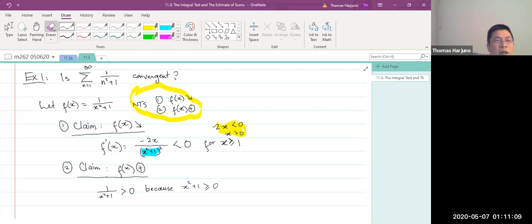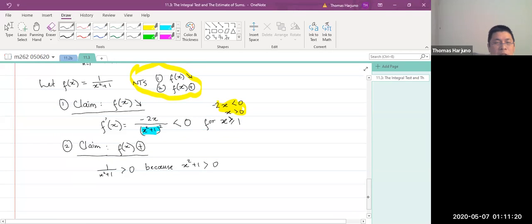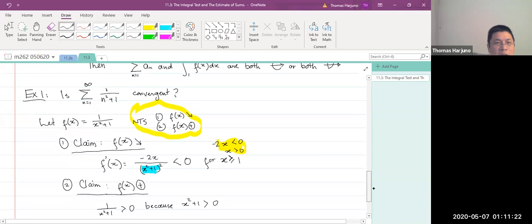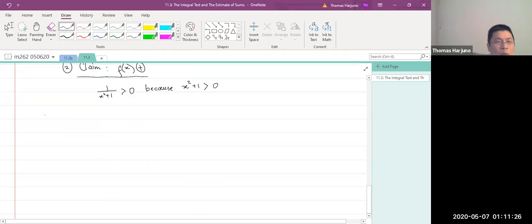Actually, just strictly greater than 0. Now, once you can show that this continuous superposition function is decreasing and positive, then what I will do is